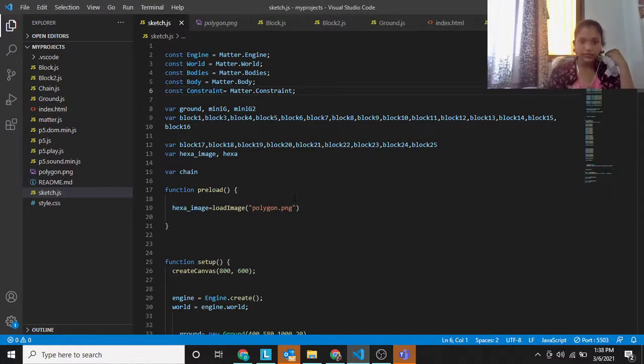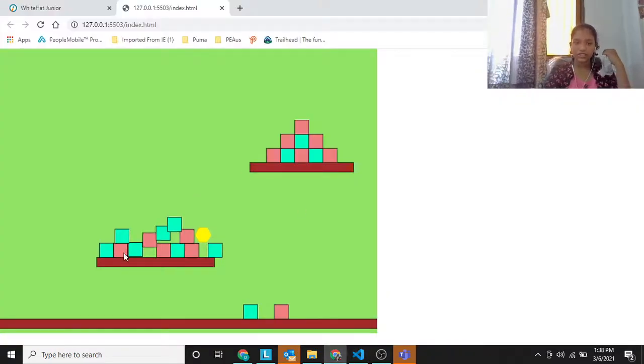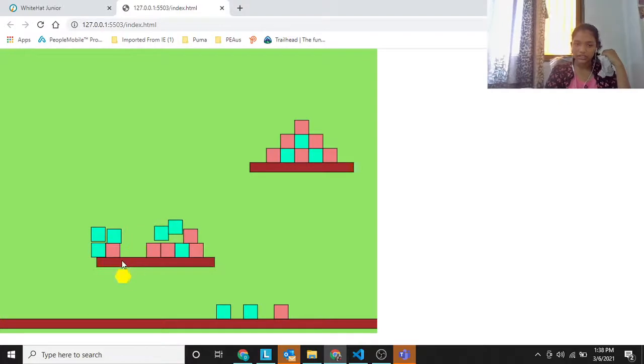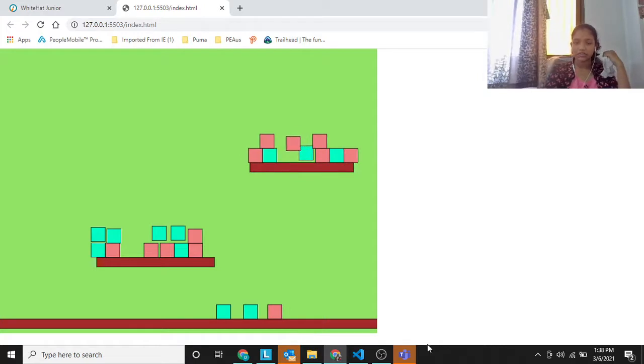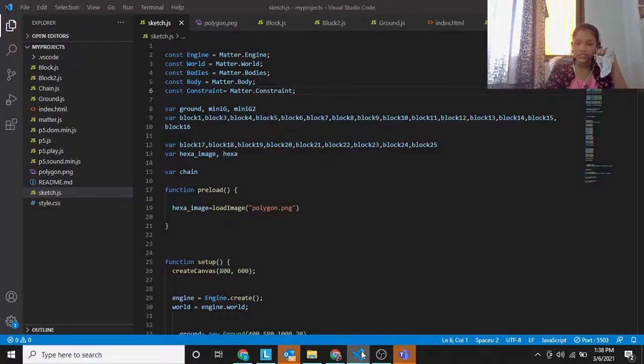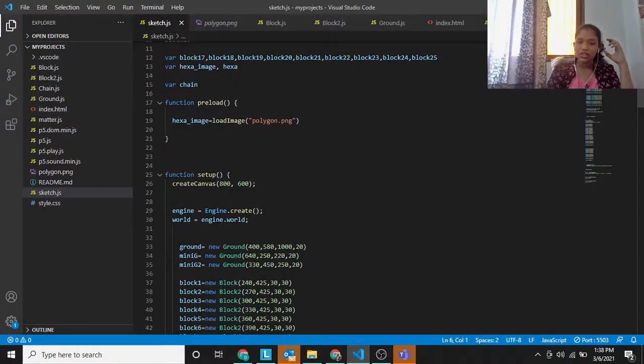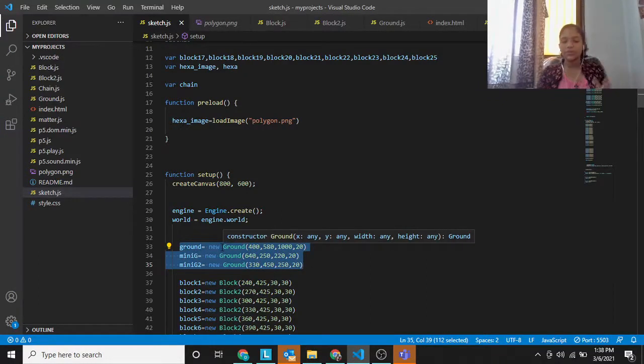So, ground, mini ground 2, these are the grounds. Mini grounds are those you could see over here. This is a mini ground, and this is a mini ground as well. So there are two mini grounds, and this is the large ground. As you can see, they are the same color, but the size is different. This means that I've used the same ground class for both of them. I've made the class ground, and then I've just changed the size of them. So I've made two grounds,